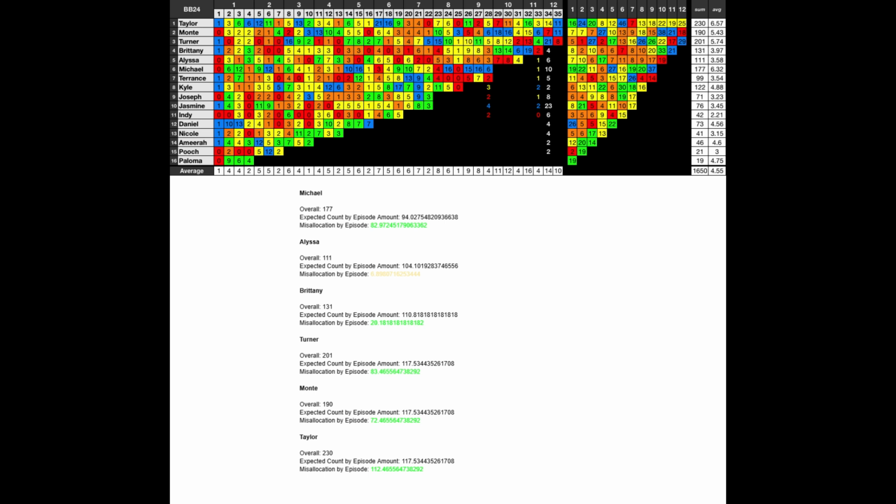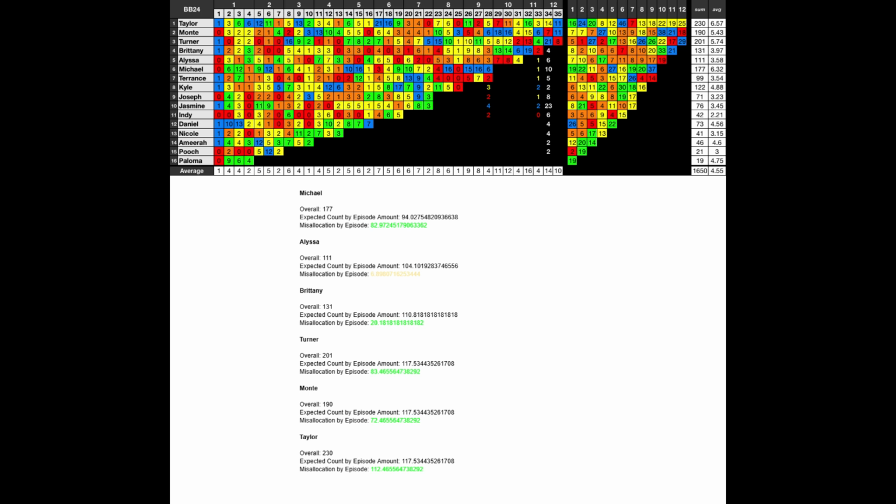Alyssa has 111 diary rooms, and her expected count by episode amount is 104.1, causing for a 6.89 misallocation amount, which is perfectly balanced. Brittany has 131 diary rooms, and her expected count by episode amount is 110.81, causing for a misallocation of 20.18. Turner has 201 diary rooms, and his expected count by episode amount is